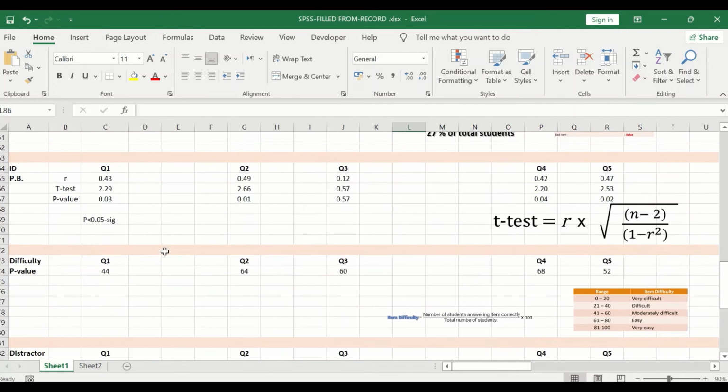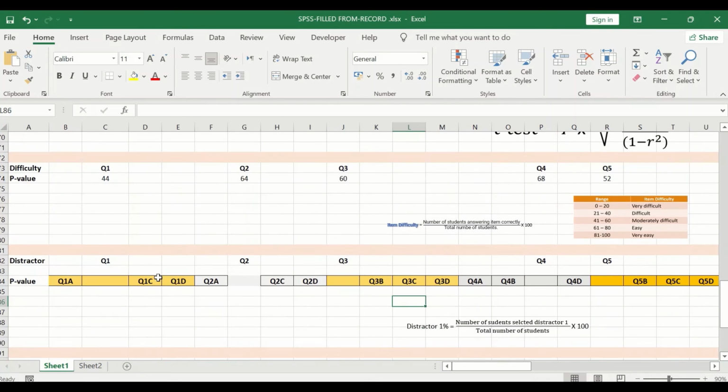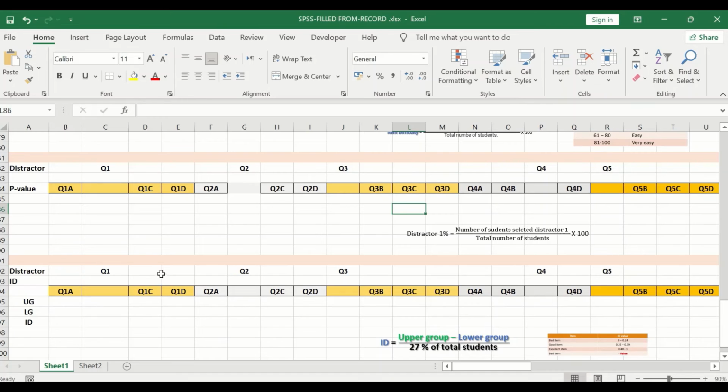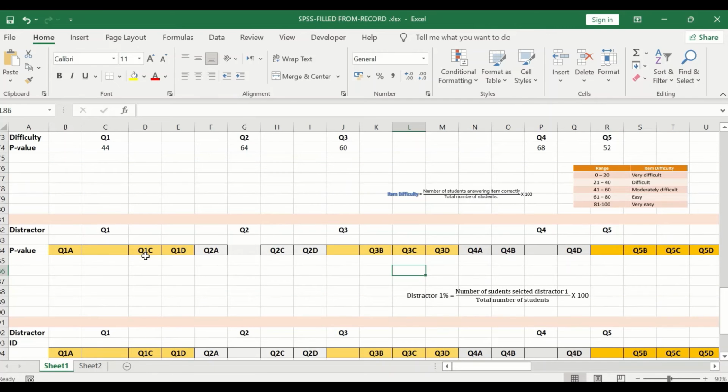The first method is the proportion method. The second one is the item discrimination method, Kelley's method. So for the first method, which is the proportion method, we are going to use the equation given here,